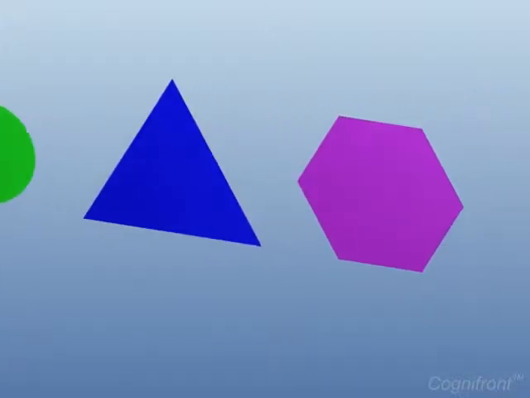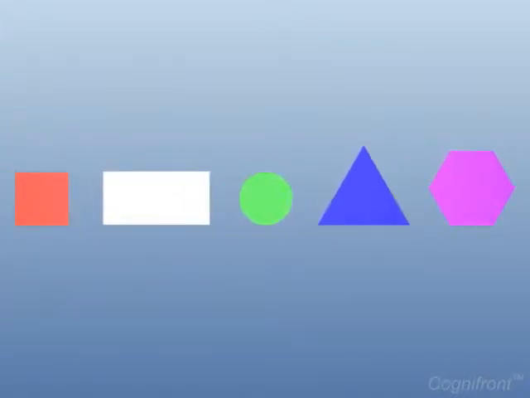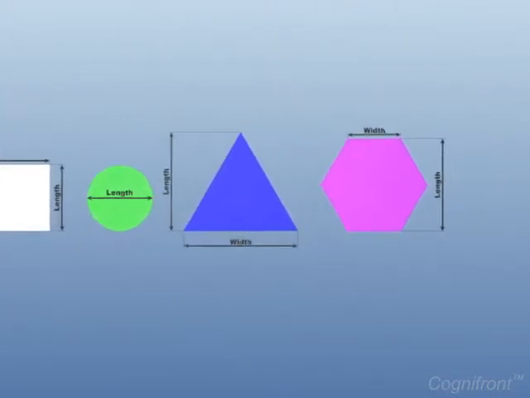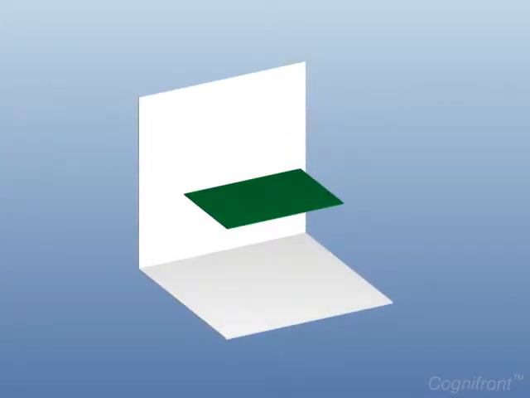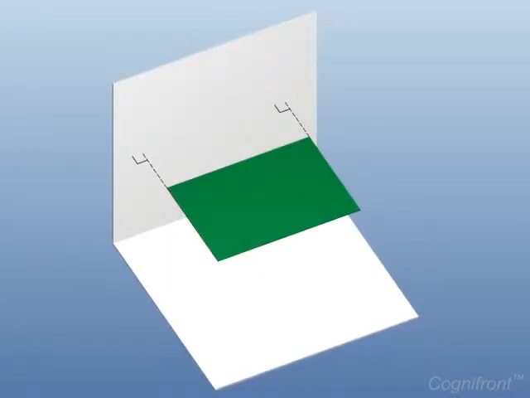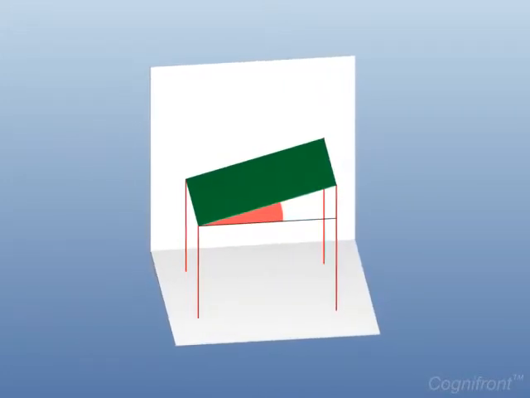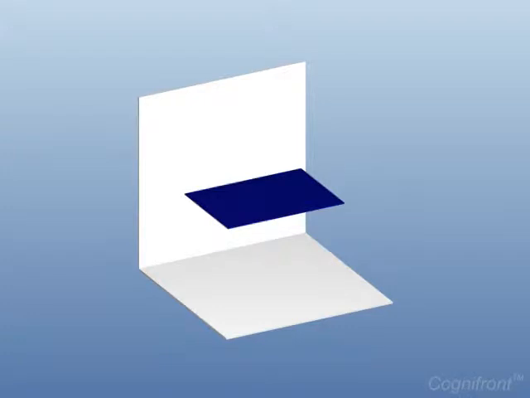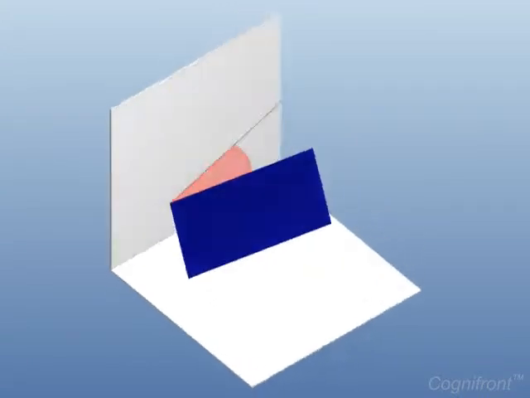Friends, welcome back. Let's start with the session on the projections of planes, where a plane is a two-dimensional graphic element having length, width and negligible thickness. Based upon orientation, planes are classified as perpendicular planes, having their surface perpendicular to one of the reference planes and parallel or inclined to the other reference plane. Second is an oblique plane, having their surfaces inclined to both reference planes.